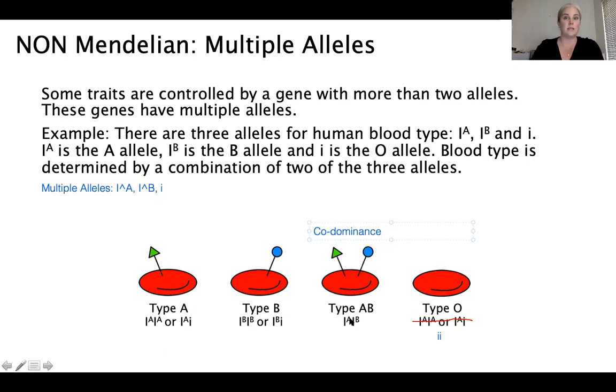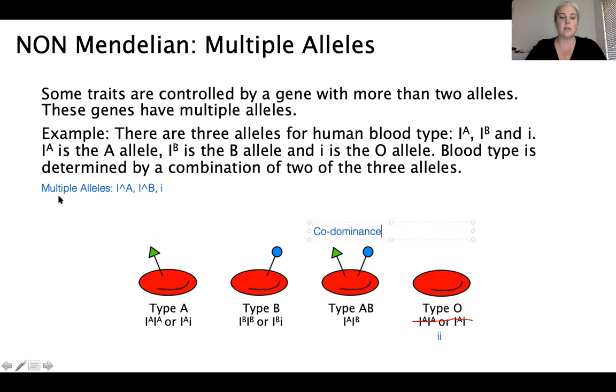If you're AB positive, you have all the surface proteins that you could possibly have, which makes you the universal recipient. You can get anybody's blood type donated to you, and it doesn't matter. You can accept all of them because you have all the surface proteins. If you are type O negative, you lack all surface proteins, which means everybody really likes your blood. They're not going to reject it. So you are the universal donor. But as far as genetics goes,